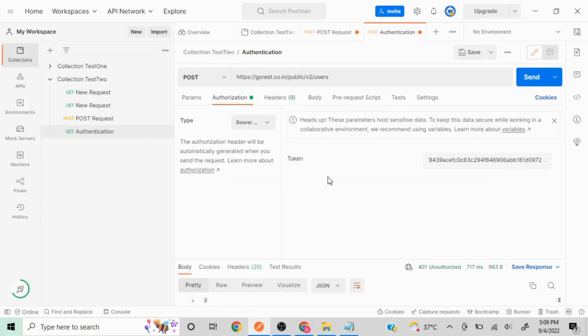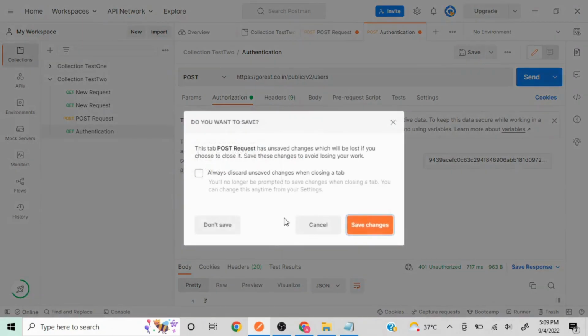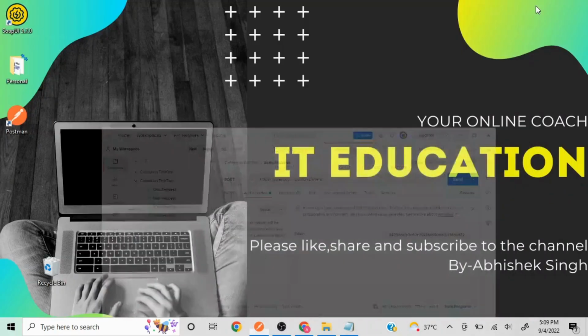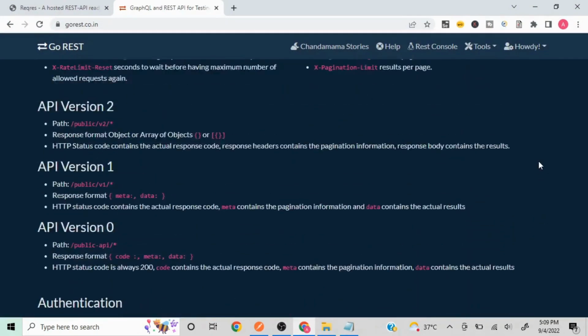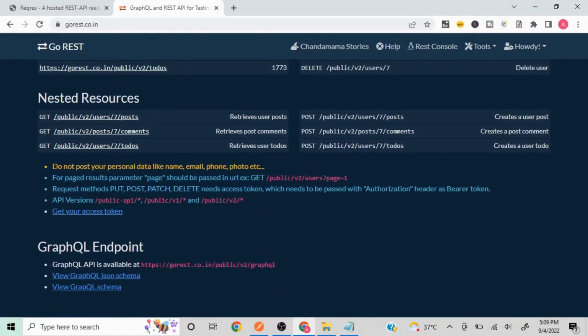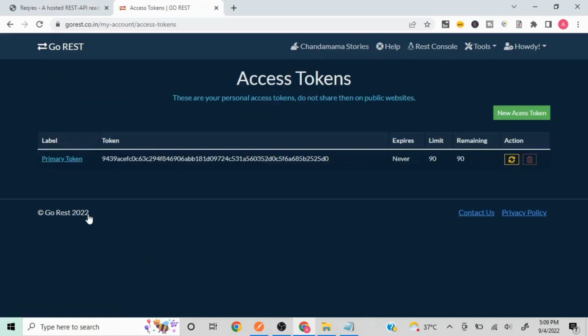Now there's a way to generate bearer tokens and it will depend on different requests, how they do it. In this particular case, we'll take a look at how exactly it is mentioning to create the bearer token. If you take a look at this documentation on the top, here it is written, get your access token. If you click on this particular link, you will have different methods to validate your account. Google and some other methods are also there. Once you input your credentials, you can generate your tokens. I have already generated the token. This is a particular token which I have generated,